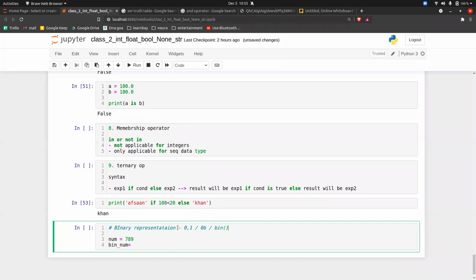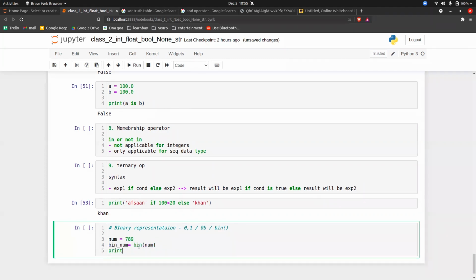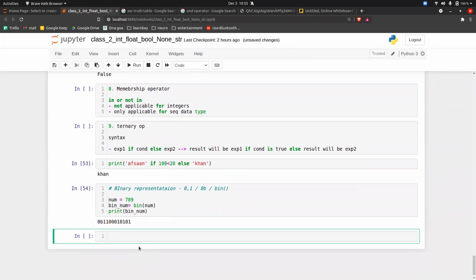Okay, so if I want to convert this into a binary number, I have to do print, so not print, my bad. You have to do bin of number. And now if you do print bin number, that is a binary number, execute it, you will get the answer like this. So again, I'm saying, guys, the starting two characters that you can see, that is 0b, is for the representation. So that 0b stands for binary numbers.